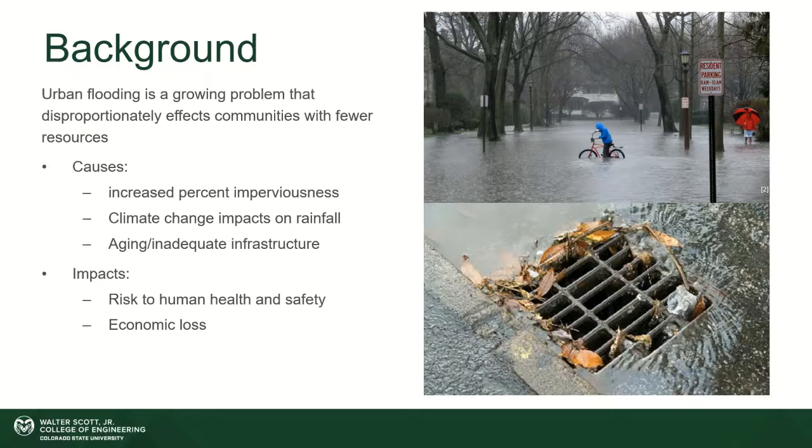A study done by Texas A&M and the University of Maryland that surveyed 350 different municipalities found that 50% of flooding occurs in low to moderate income housing areas, and an additional 20% occurs in